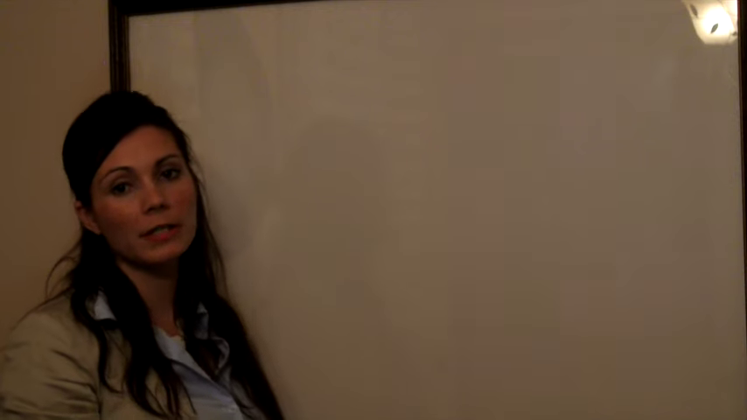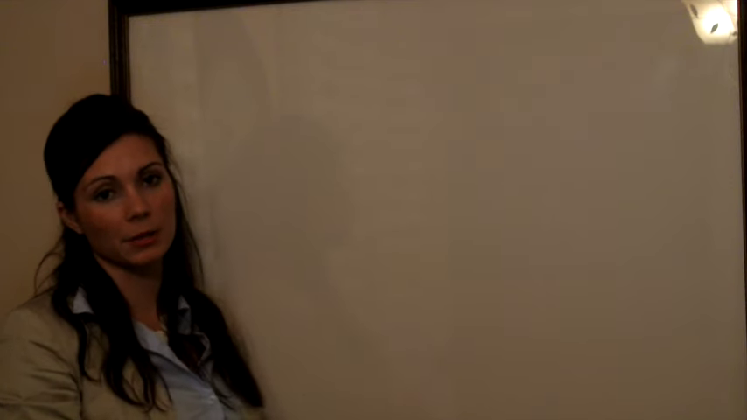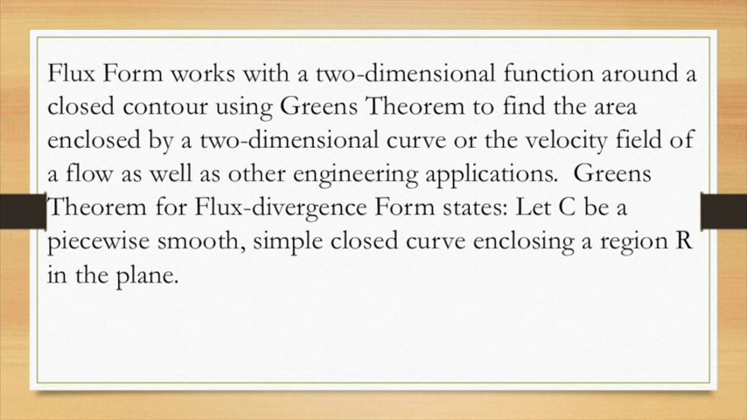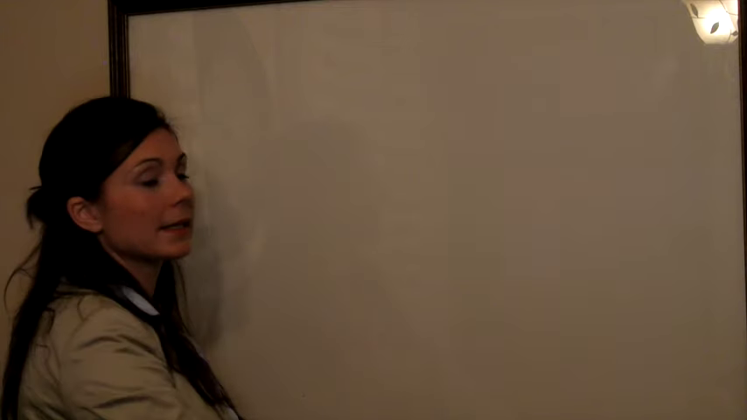The equation for flux form is the same as the equation for circulation. We have a two-dimensional function around a closed contour, using Green's theorem to find the area enclosed by the two-dimensional curve or the velocity field of the flow, as well as other engineering applications. Green's theorem for flux divergence form states, let C be a piecewise smooth, simple closed curve enclosing the region R in the plane. So again, we're going to have